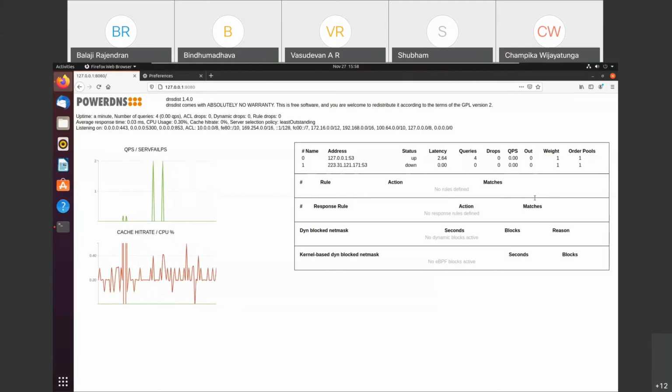Question: why are we able to see the query answers in plain text even though we are using a certificate? Because ultimately at the client side the response will be decrypted, only then can you see the response. If it is in encrypted form, how will your browser connect to the actual website? So the encryption is only on the channel, not at the endpoints.